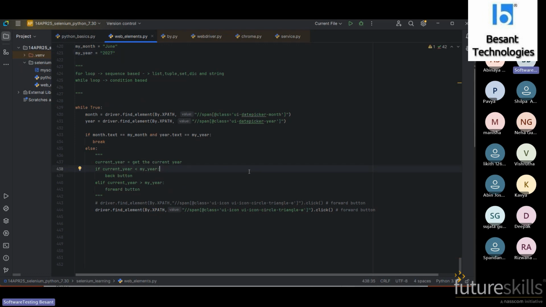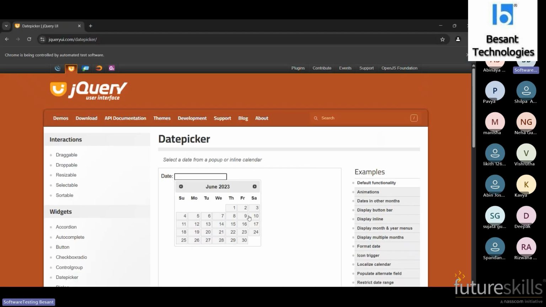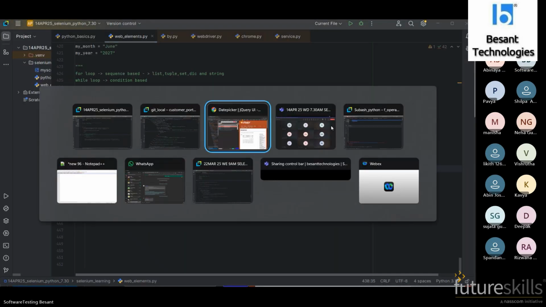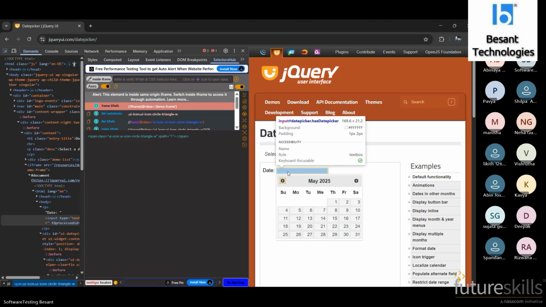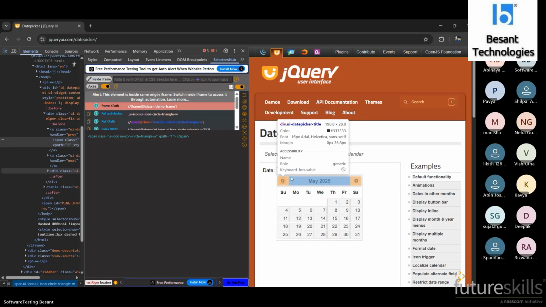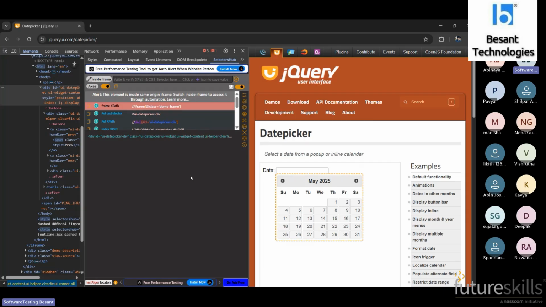Now the next is we want to click the date. Here the dates are a table. So here you can use the isDisplay method. We have seen the isDisplay method, right? When are we supposed to use isDisplay here? Once we click the input box, only then this pop-up will be coming, correct?